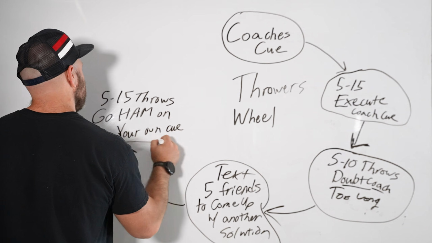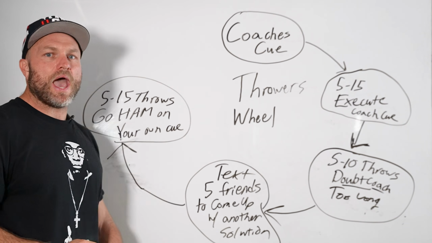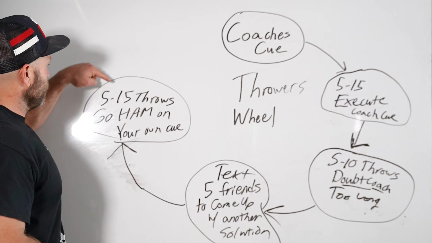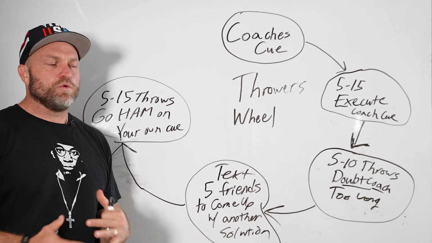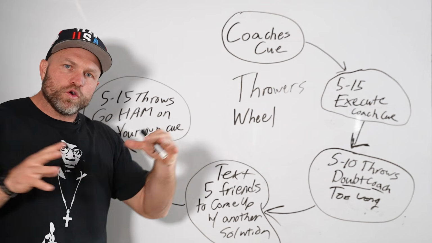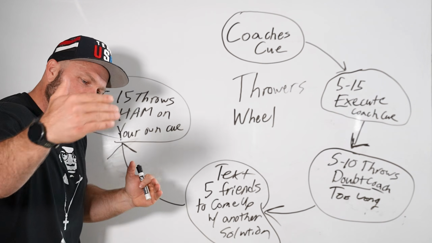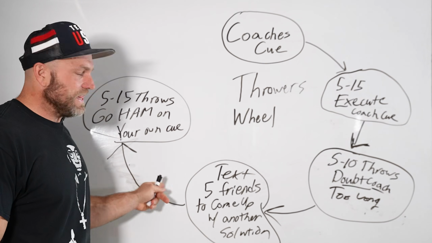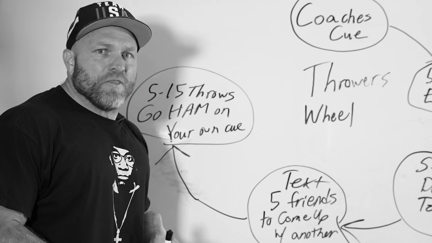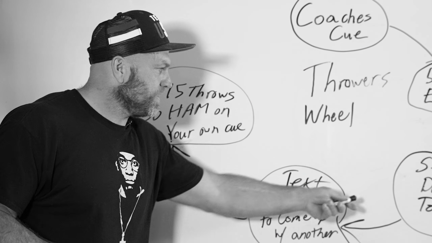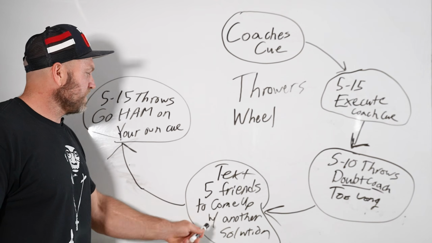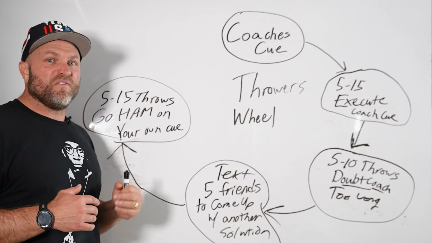So you have in your mind what you think should be happening. You have your thought process, and the coach is thinking big picture. The coach is thinking, how can we take this from this point to the end of the year? You're thinking in the actual moment, I'm not throwing far enough. I have mixed feelings. I'm sad and upset. This took too long. And so you text your friends, and then the next day you go 5 to 15